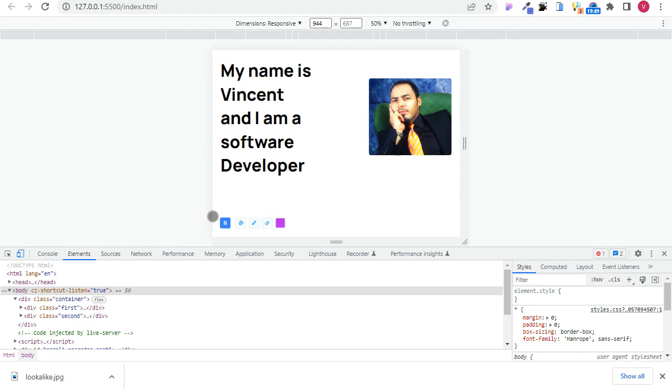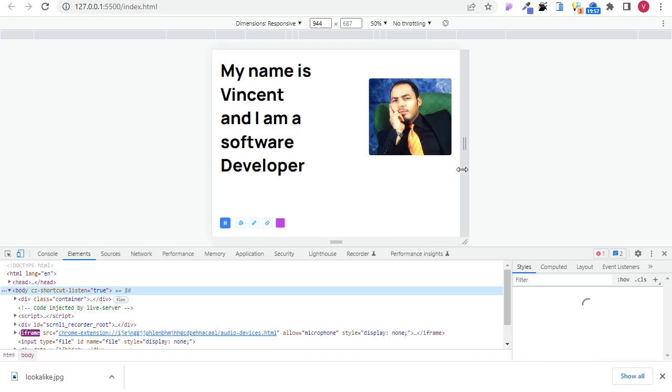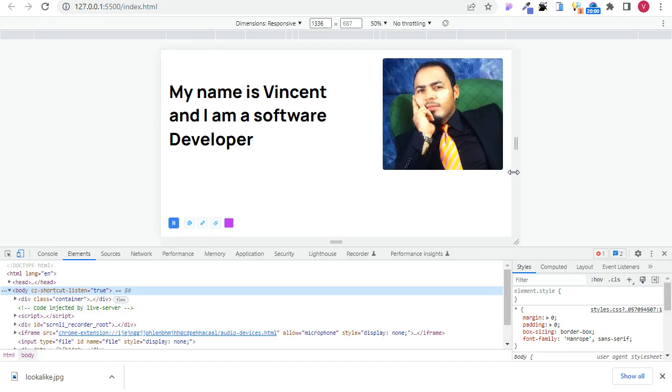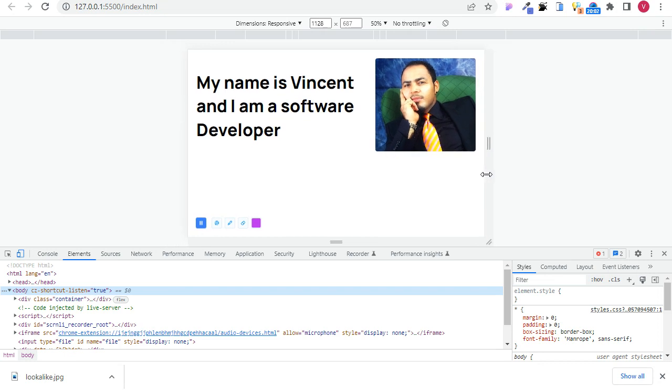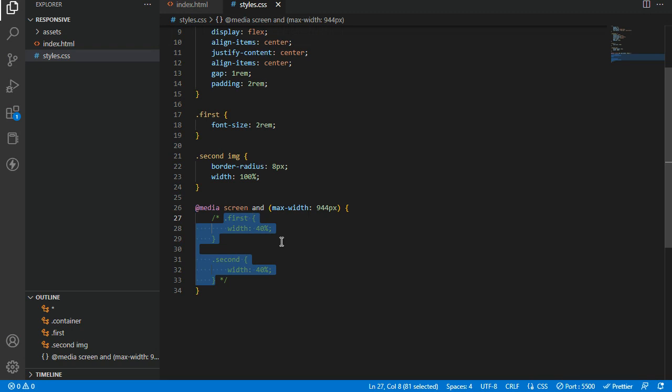Okay, that's fine. So on desktop, this is how it looks. Then you reduce, and it comes like this. Once it gets to 944, the space is too much, because we are saying 40% is here, 40% is here, so meaning there's still 20% here. So what we can do is, if it is too much, we can just,